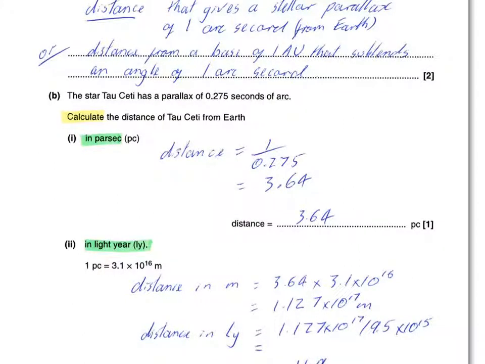The star Tau Ceti, I don't know, has a parallax angle of 0.275 seconds of arc. Calculate the distance of Tau Ceti from the Earth. Well, distance in parsecs is this beautifully simple equation. It's not blindingly obvious why it's the case. It's something you can go and look up, but I think if I was you, I'd just encourage you to be learning that the distance in parsecs is 1 over the angle in arc seconds,